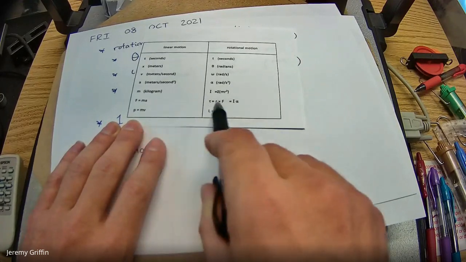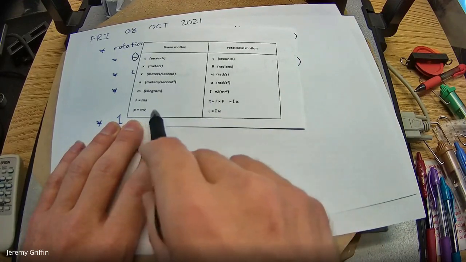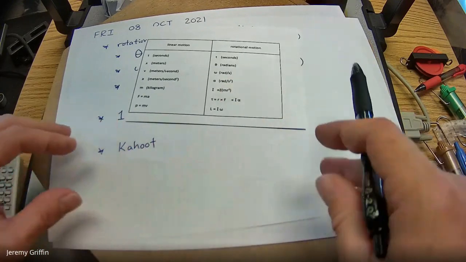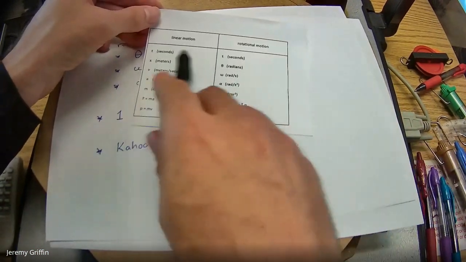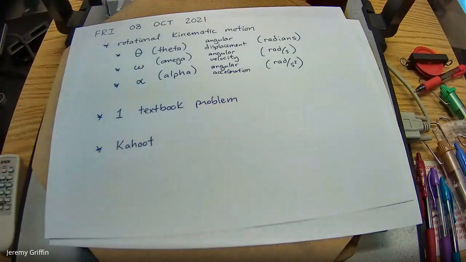F equals ma has a rotational equivalent that involves something called torque. And then there's stuff that involves momentum that we haven't even talked about in this class. We're going to save those last 3 lines for the future, so that'll all come back. But just for today, we're looking at the first few lines, and I'm going to give you some notes